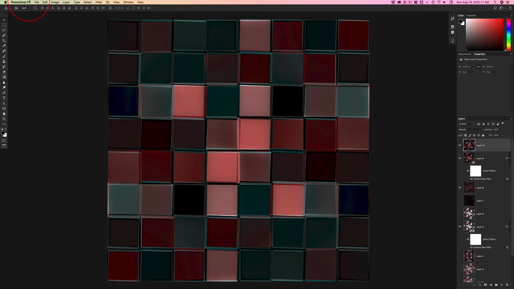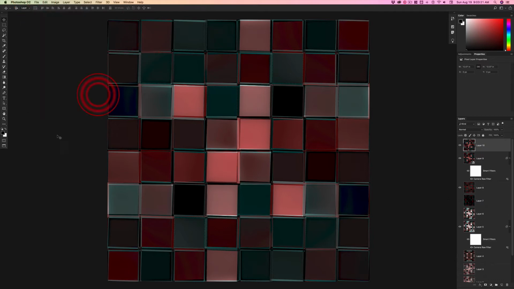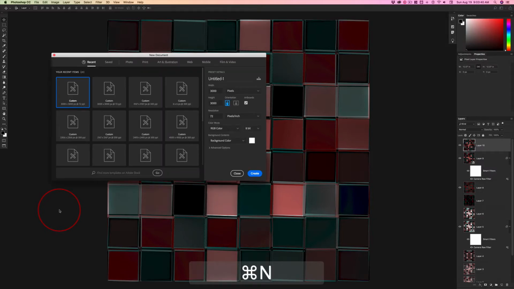We want a new document, File, New. But File, New, like in everything, is Command N, and that's a shortcut I want you to know right now. Command N. New Finder window in the Finder, Command N. New Illustrator document, Command N. New photo, Command N. Anything you're working in, Command N. Well, maybe not on a Chromebook, but it's Control N on a PC, okay? So I want